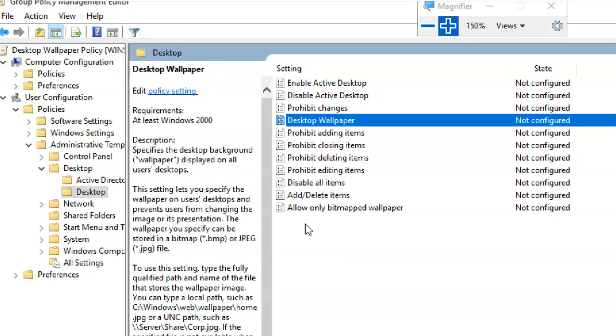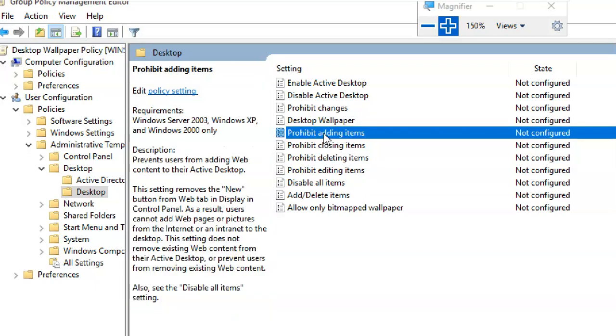This is the required policy for me. Okay. So there are prohibit deleting items, adding items, editing items. See, prohibit adding items means you cannot put anything on the desktop, like you can't create a file on your desktop.